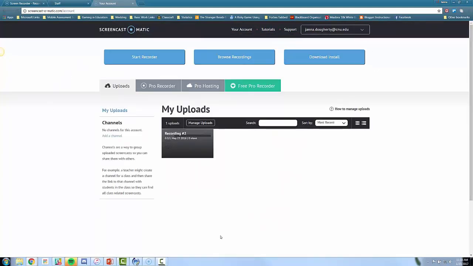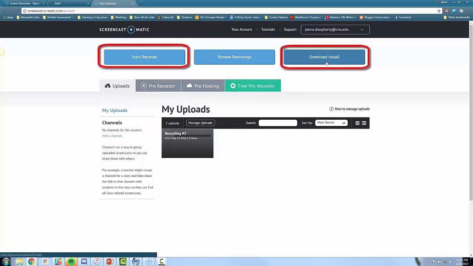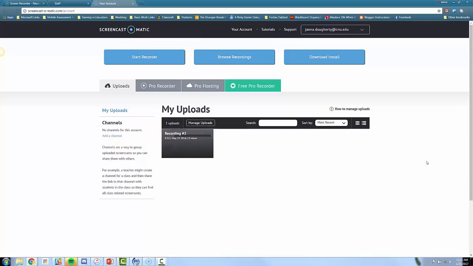which will log you in to a storage space where I can see my uploads, access to the Pro recorders, and even download and install the recorder from any computer. Videos stored on this login can be stored for as long as you like and then shared and viewed by others. However, this type of sharing and hosting does come with advertisements in the free version of the account, which should be considered when you choose where you will export your Screencast-O-Matic videos.